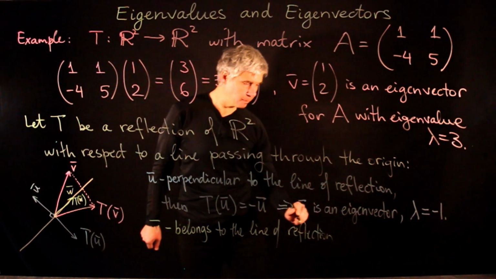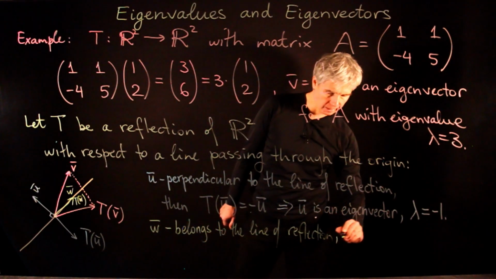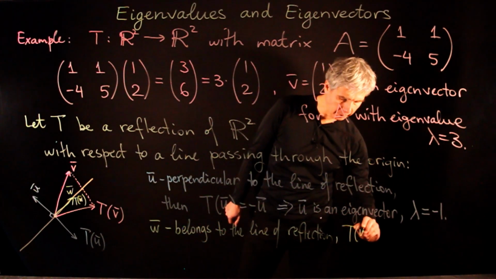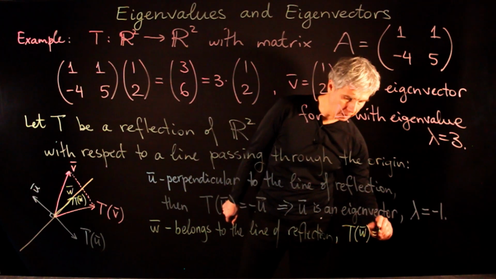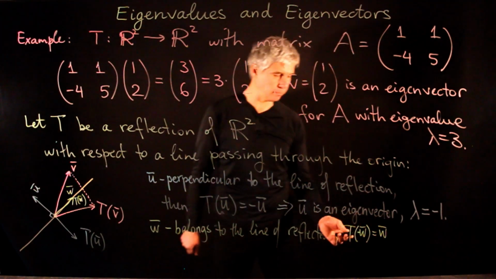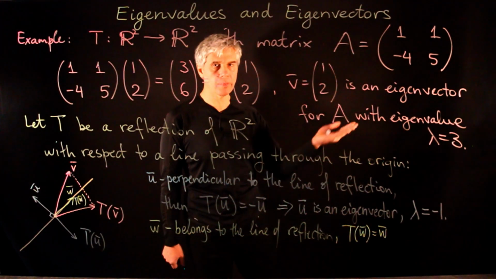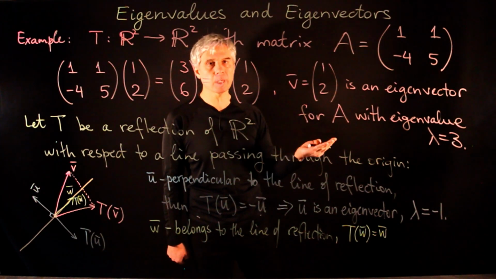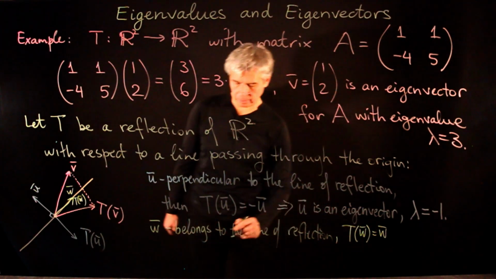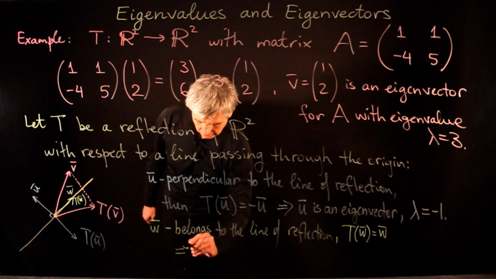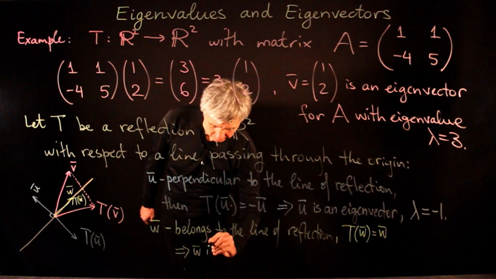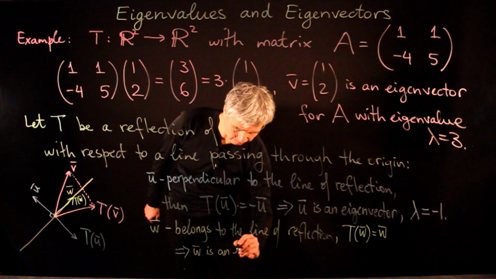So T of w in this case will be equal to w, right? If w is on the line of the mirror, then its mirror image is itself. And so the conclusion is that w is an eigenvector